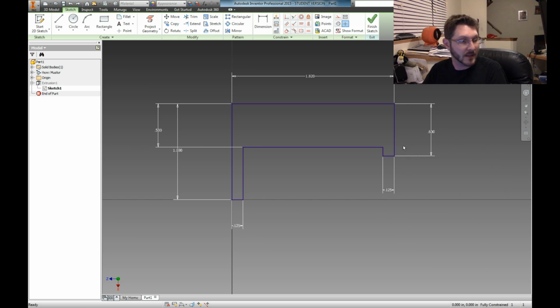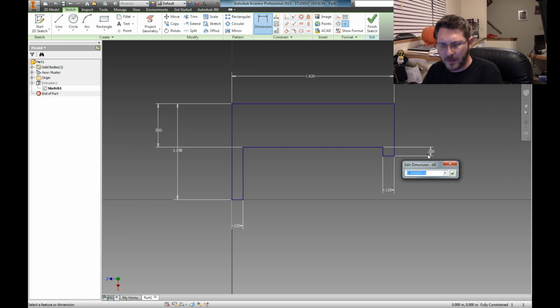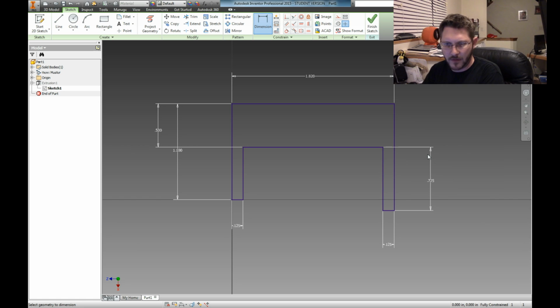So let's see. I've got to stop and think about this for a minute. I want this to be 0.725 from the bottom. Okay, I think that's where I'm messing up. I need to get rid of this dimension and go from here to the bottom. This is 0.725 if I remember right. Holy crap, that's wrong. Oh, what a day. Because that one's going to have to be...